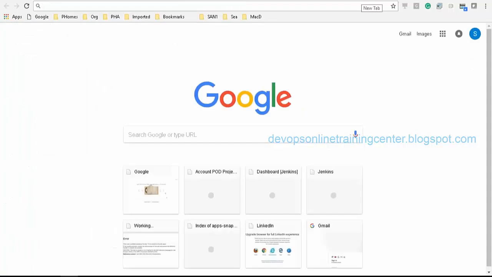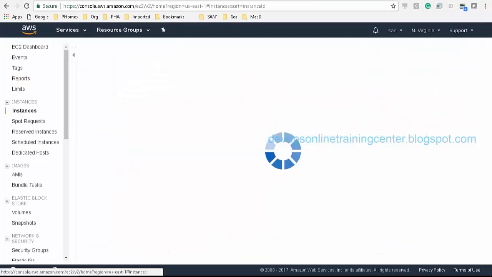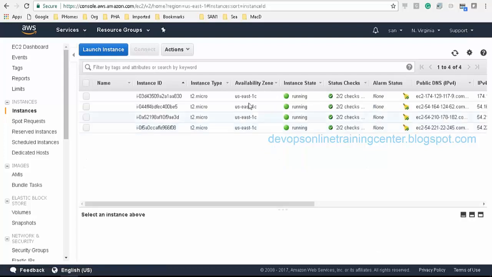So let us see if I can hit it. So this is the load balancer, and let me see the EC2 instances. The auto scaling group is spinning up the instances because of the load, I think, because we have given 0.05%.